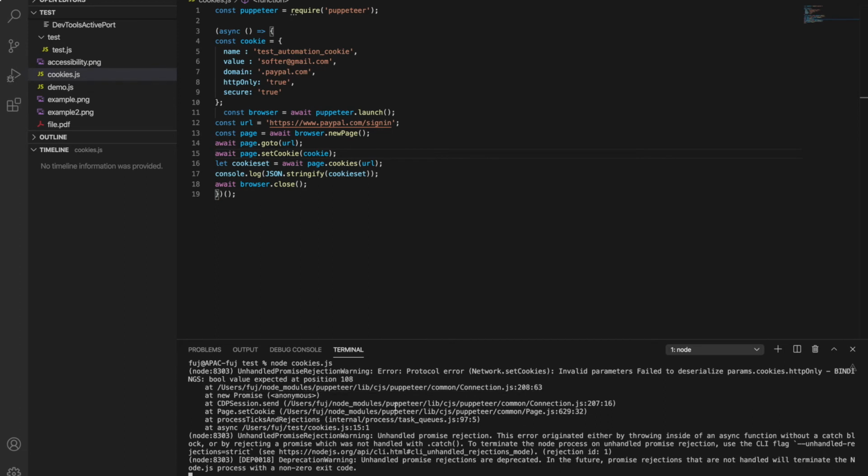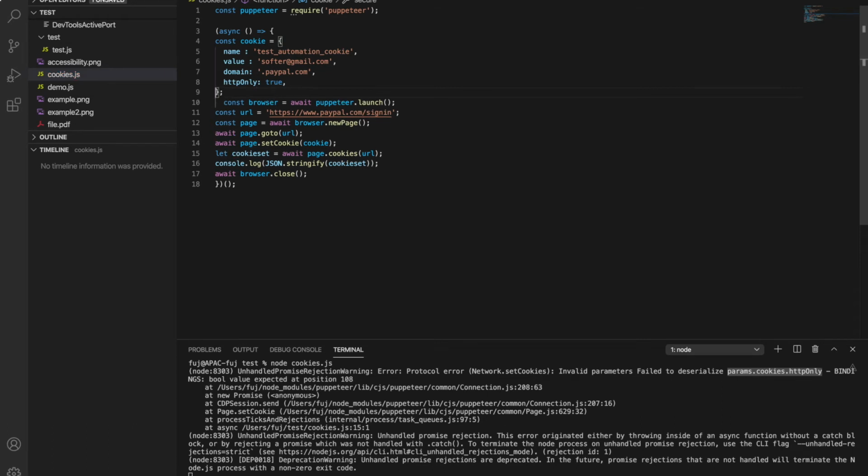We are getting an error, protocol invalid parameter field, cookies HTTP only. I have passed it as a string, that's the true value. That is my mistake. Don't make such mistakes, it will be very hard to debug, especially in JavaScript.